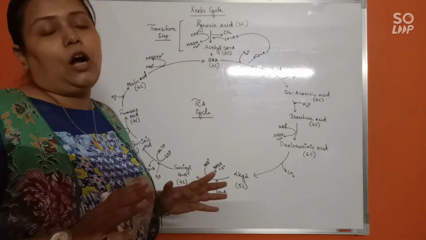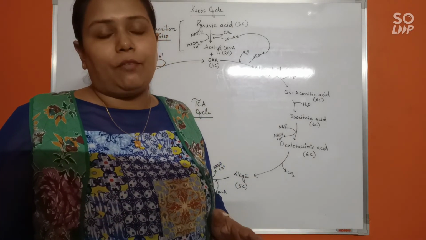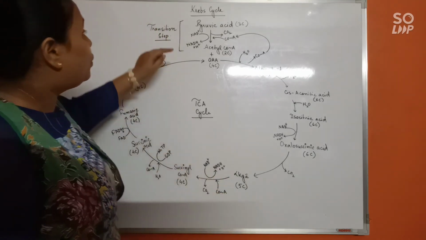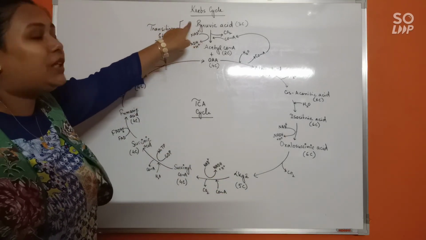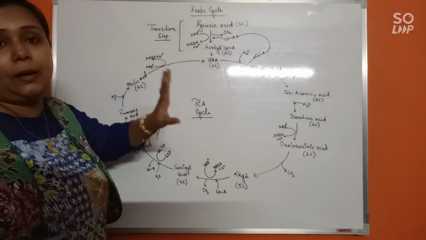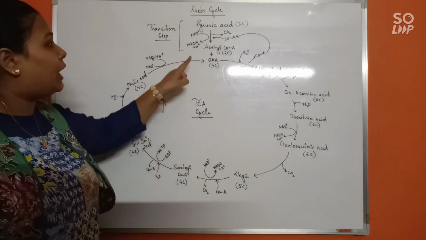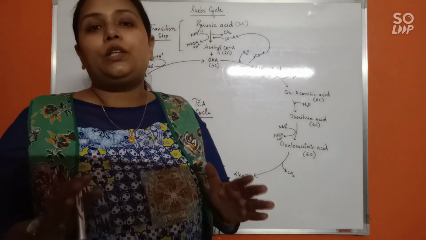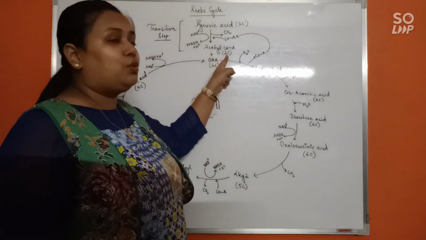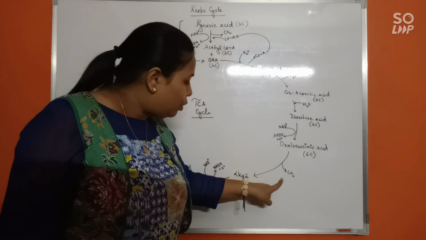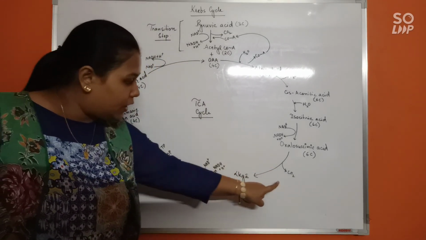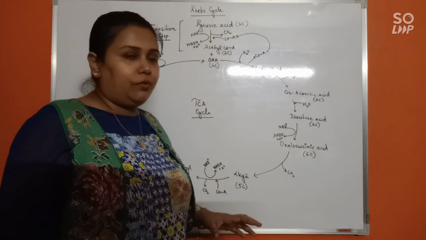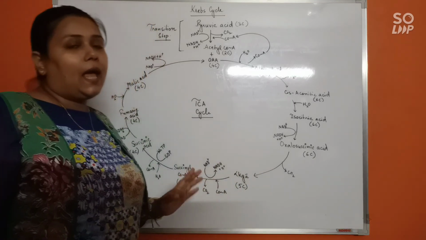So how many total reduced equivalents are formed during Krebs cycle? 3 NADH plus H plus and 1 FADH2. You cannot count this one, because this step is not part of Krebs cycle. If it is asked about Krebs cycle, you cannot count this one. Alright, understood? So at the end of Krebs cycle, our major objective was to lose these 2 carbons. We have lost them in the 2 decarboxylation steps here and here. And we finally have with us certain reduced equivalents, that is NADH plus H plus and FADH2.